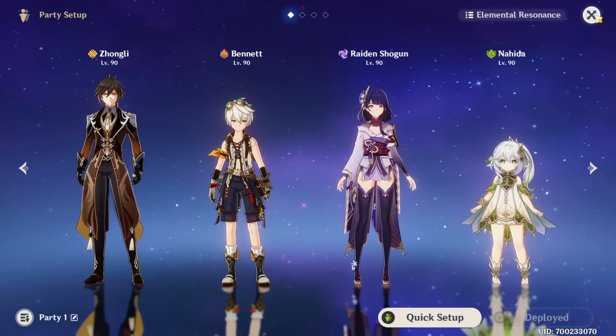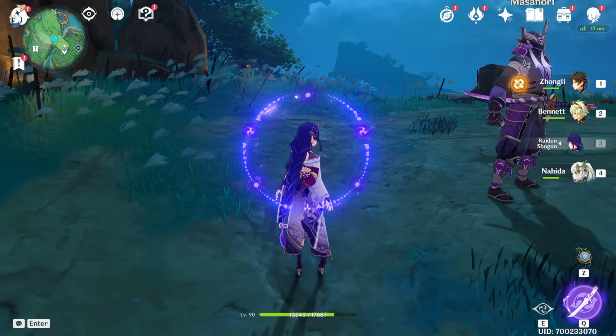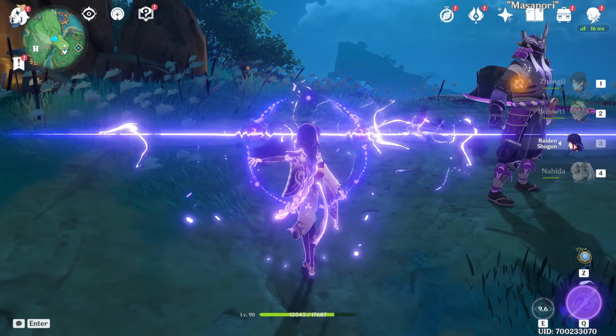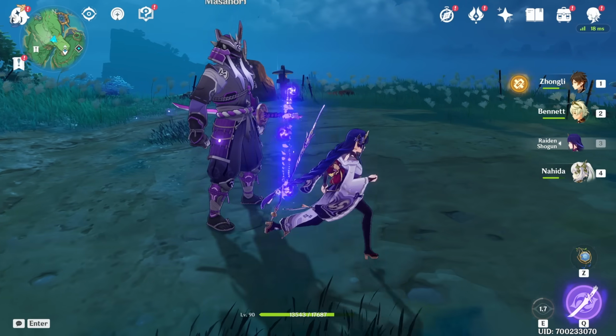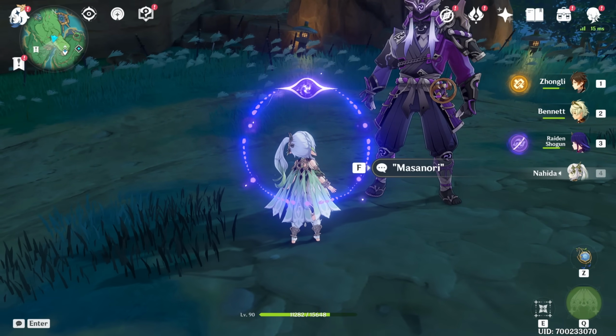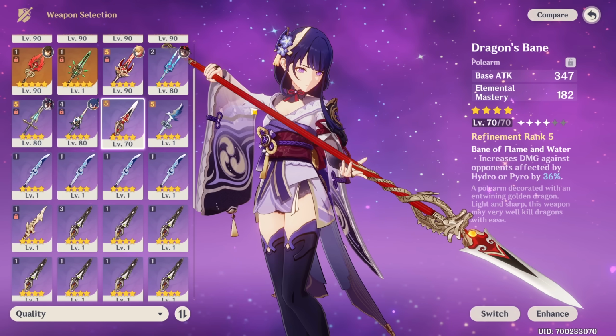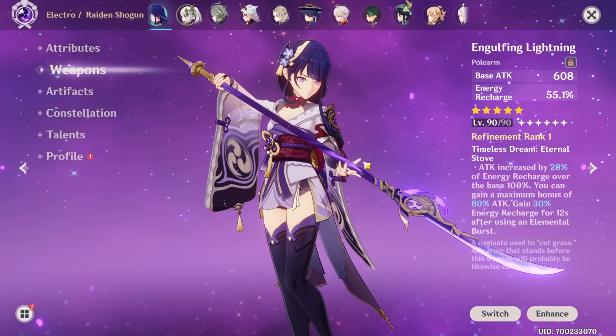One way we could get more Trikarma damage is having someone in Deepwood. That could be Shogun, actually. We don't need her for anything other than pressing E. Obviously, if I want to get a good rotation, I'd probably go to Nahida, do her burst, get the seed, and then go back to Shogun to do her burst. Like overall, we would have more damage, of course. But if I'm just trying to increase Nahida's Trikarma, we would only have Dragon's Bane really for an Elements Mastery